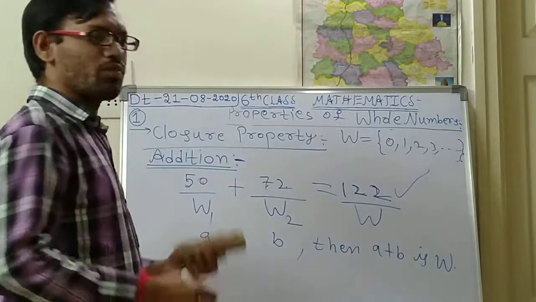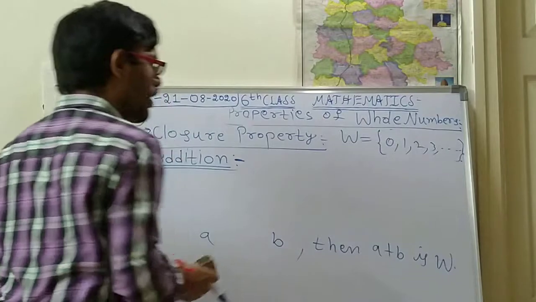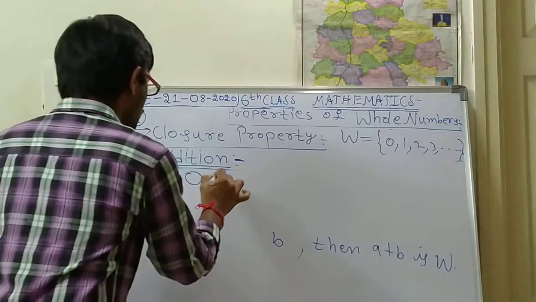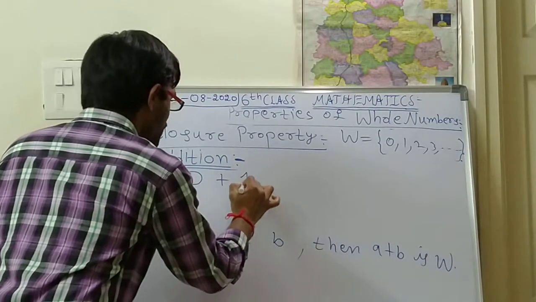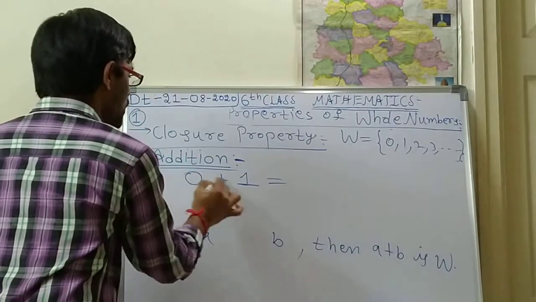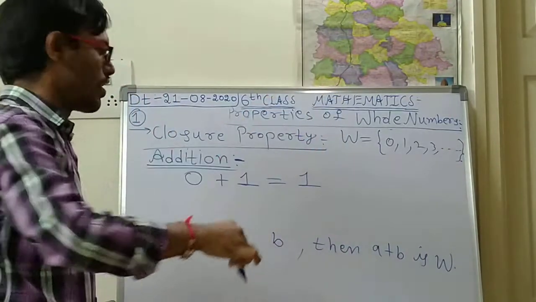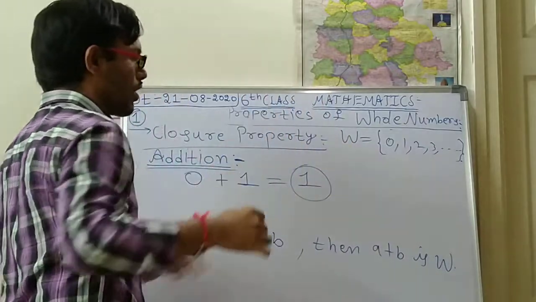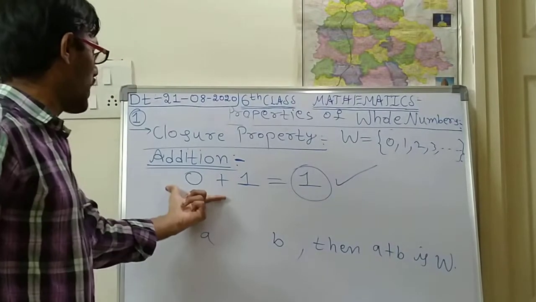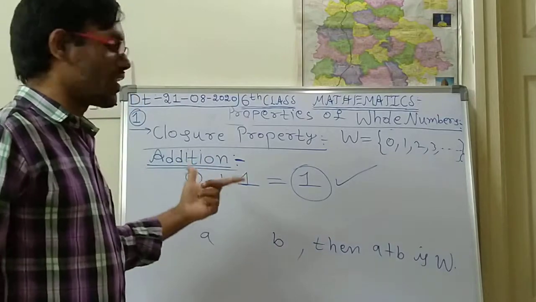So if A and B are any two whole numbers, not only 50 and 72, you can take any whole numbers. Let me take the smallest whole numbers for verification. What is the first whole number? 0 is the first whole number. Is it right? Next, what is the next whole number? 0 plus 1, so 1 is the next whole number. By adding these two, what is the result? 0 plus 1 is 1. So 1 is also a whole number only, because 1 is there in the whole number set. That means this is also correct. By taking the smallest whole numbers,